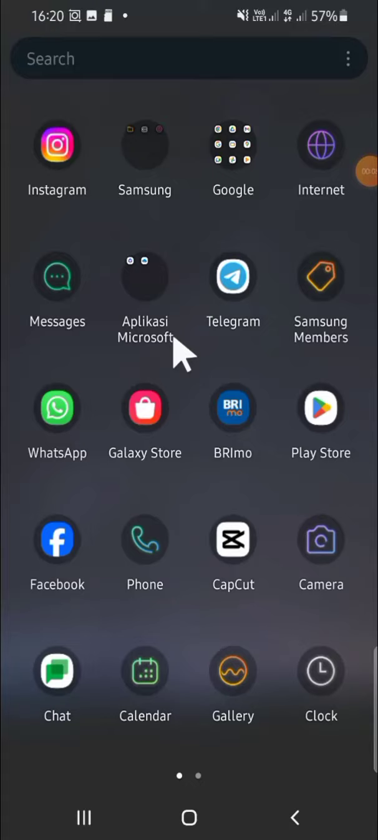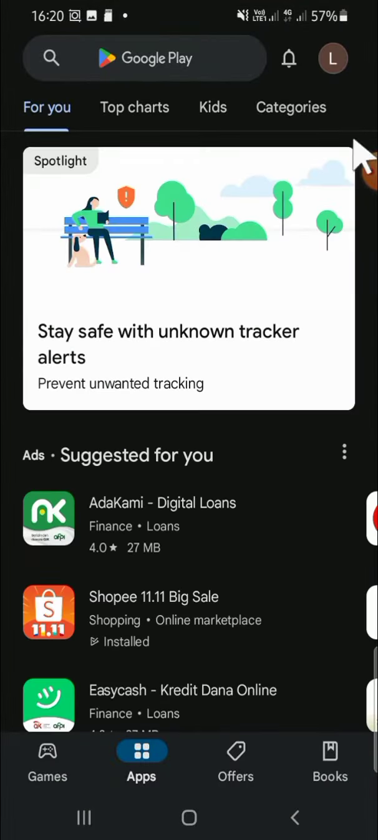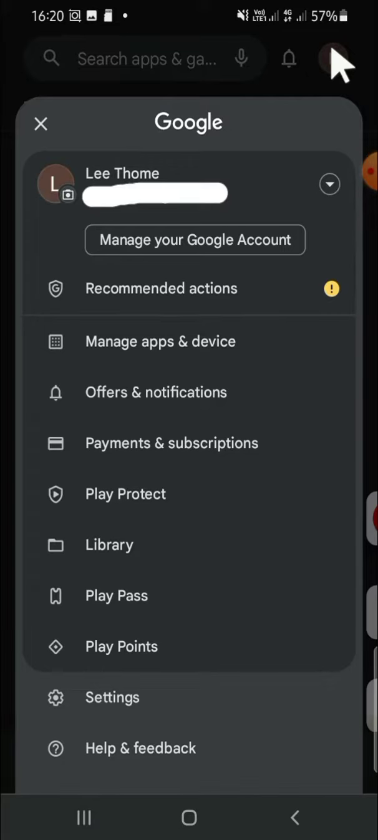In this tutorial I'm going to show you how we can use Google Play Protect. So let's get started. The first thing you have to do is go to your Play Store application on your phone, and after that we can click on this profile button on the top right corner of our screen. And then since we want to use Google Play Protect, we can click on Play Protect option right here, guys,